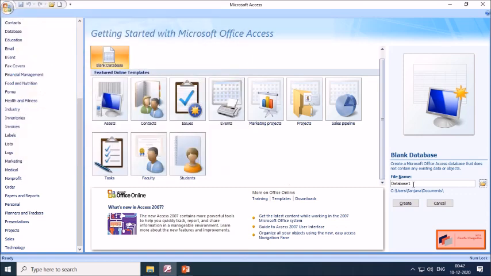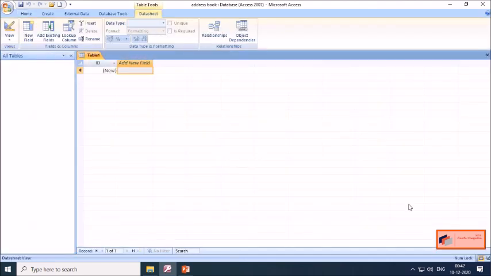Suppose I want to create a file named address book. So I will type here address book and I will click on this create button. So your address book database is created. So this way we can create a database.